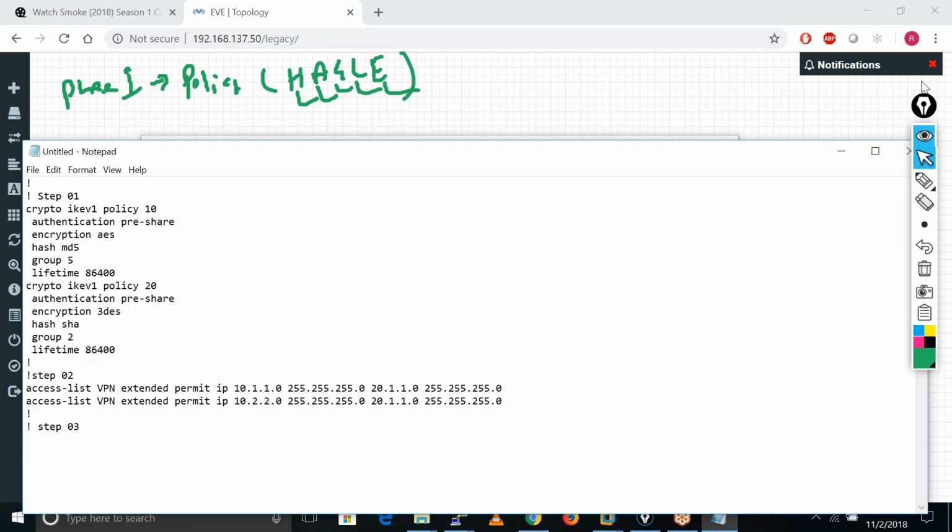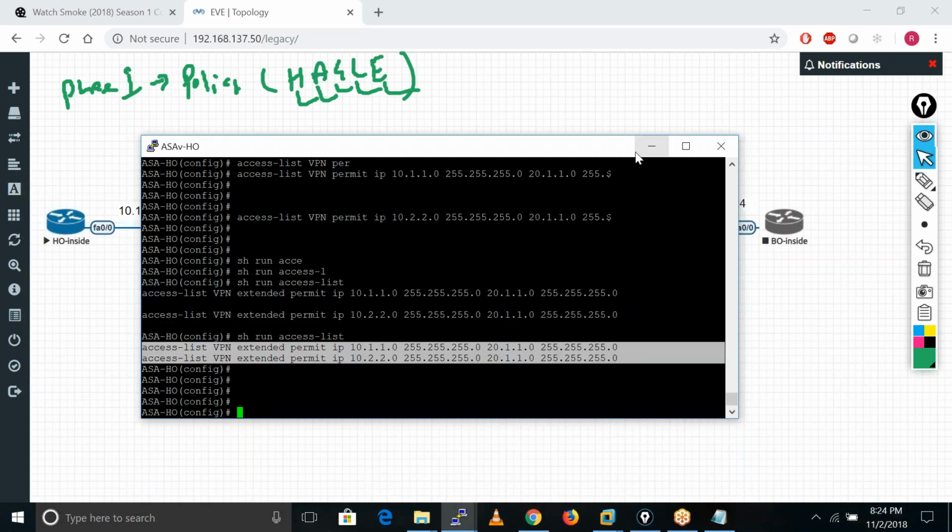In step 03, what do we configure? We configure the phase 2 policies. Okay, because in phase 2 we also have the same thing. We need to define the encryption algorithm and hashing algorithm. Okay,